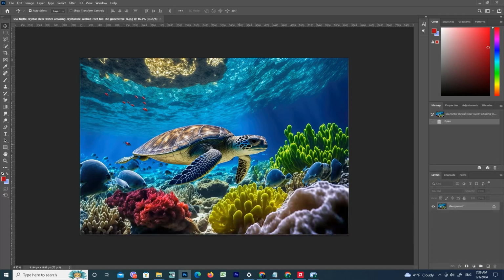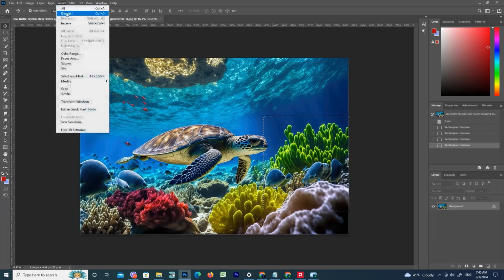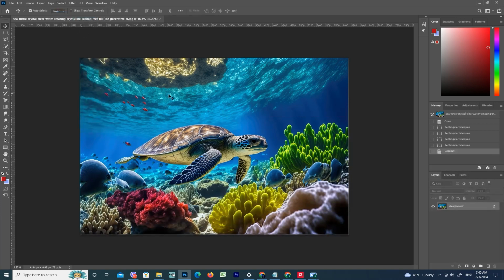The main difference lies in the fact that, in addition to the adjustments mentioned earlier, which may not be possible in other programs, Photoshop allows object manipulation. For instance, you can remove unwanted elements like a turtle from a picture, erase a fish or coral. You can also copy a part of the image and paste it elsewhere. In essence, you can manipulate the photo and create a photo montage. You can completely change, remove, add, or insert something into a photo that wasn't originally there, which is not possible